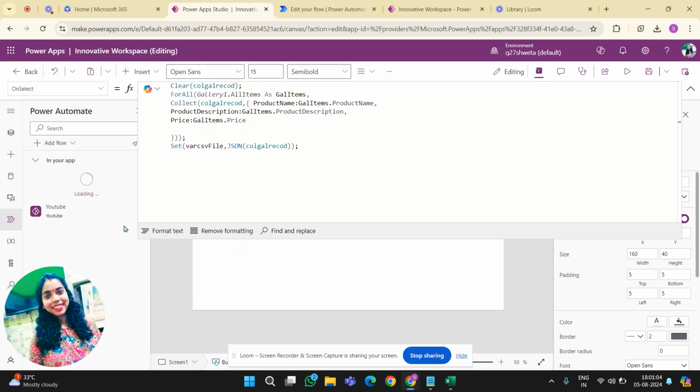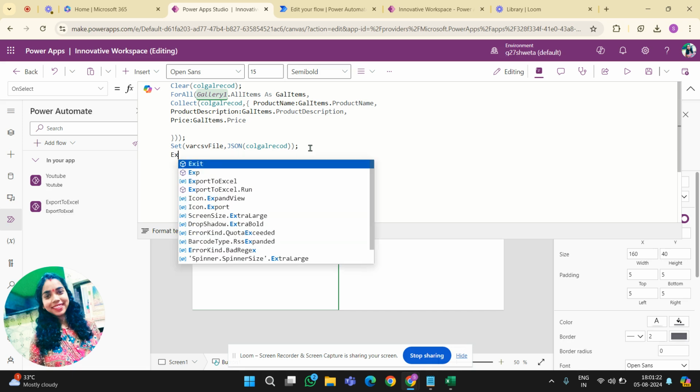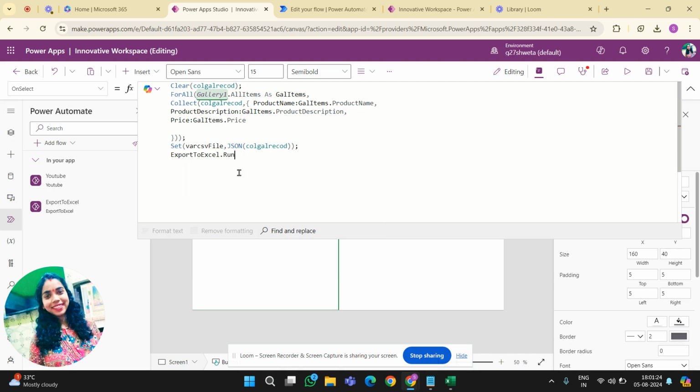Export to Excel. It's added. After that we need to run the flow. So for that we call the flow, ExportToExcel.Run.